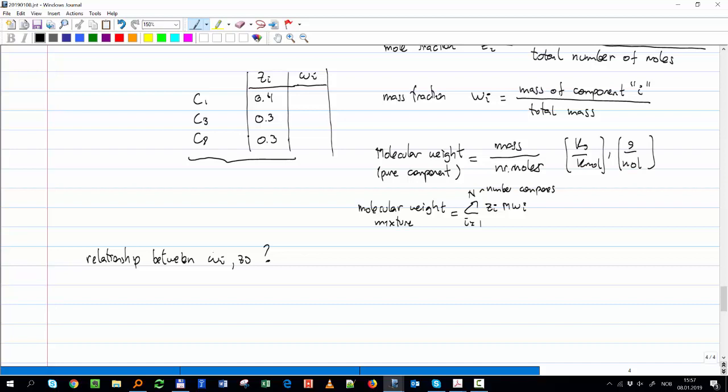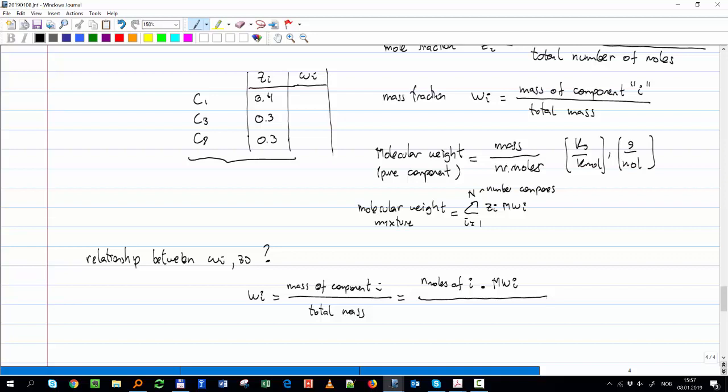We say that w_i is the mass of component i divided by the total mass. And at the same time, the mass of component i is the number of moles of component i multiplied times its molecular weight, from the definition above. Number of moles of i times the molecular weight of i, divided by